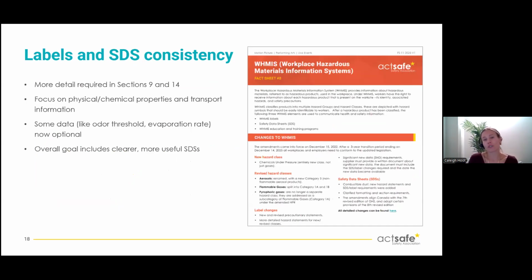Lastly, we have some changes around our safety data sheets themselves. There's now a stronger emphasis on providing really clear and detailed information within our SDSs. We'll start seeing these include specific details like color, physical state, particle characteristics, things like viscosity, vapor density, even things like odor thresholds and evaporation rates. Now, some of these are optional unless they're super useful and accurate to the context. Overall, it's going to be about improving the clarity without really overloading the document, hopefully.